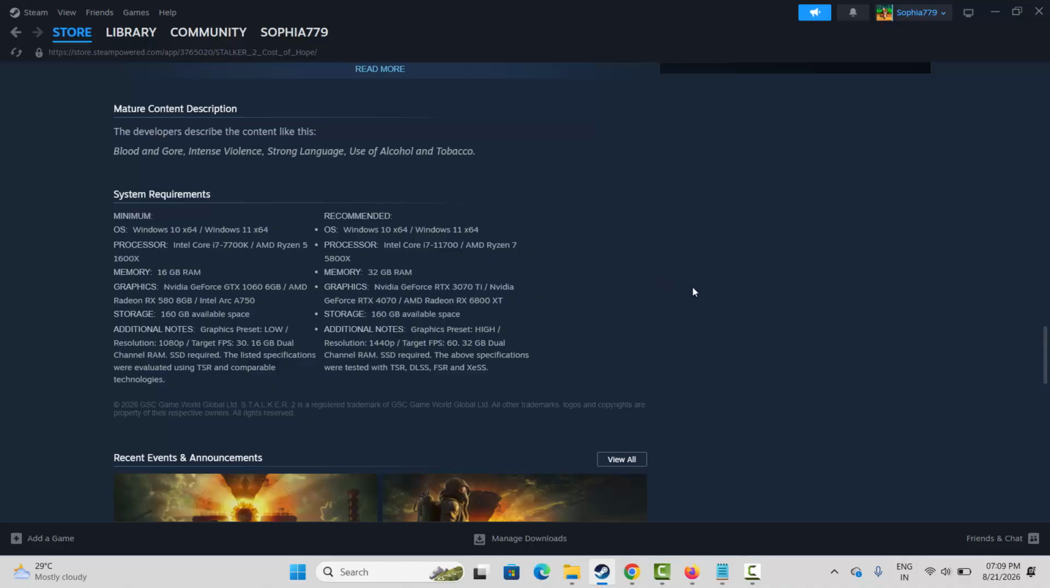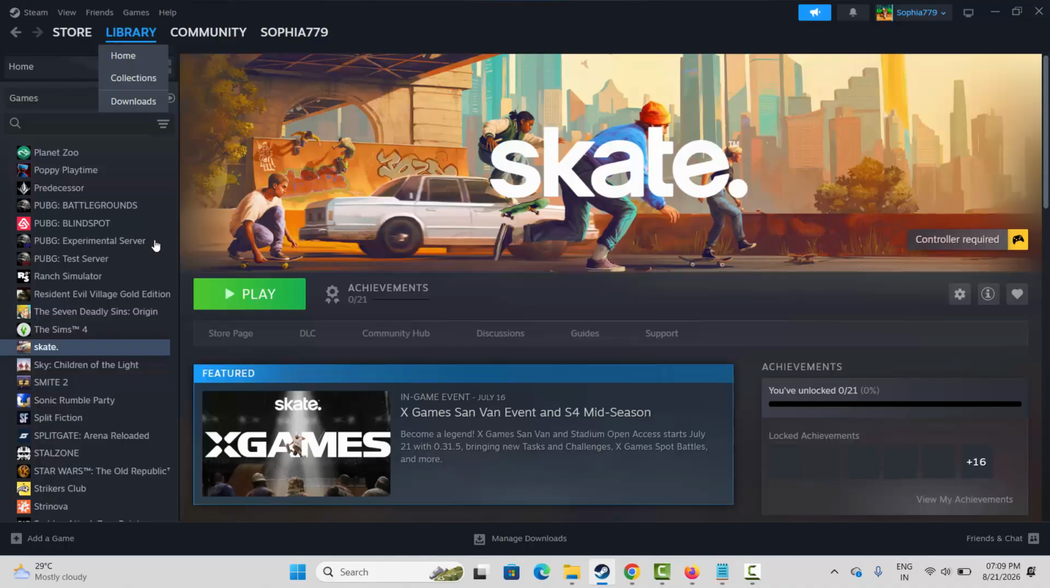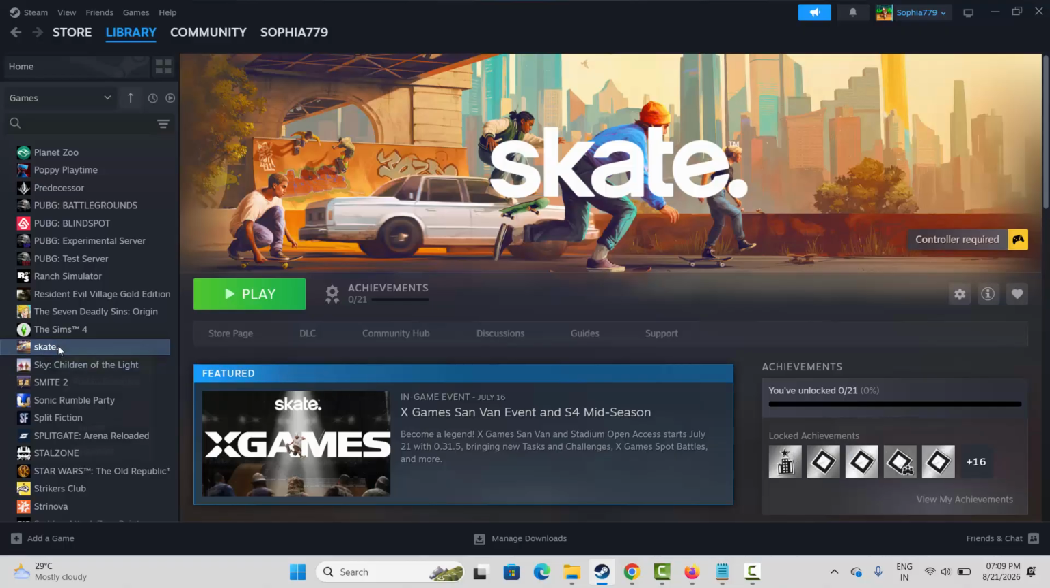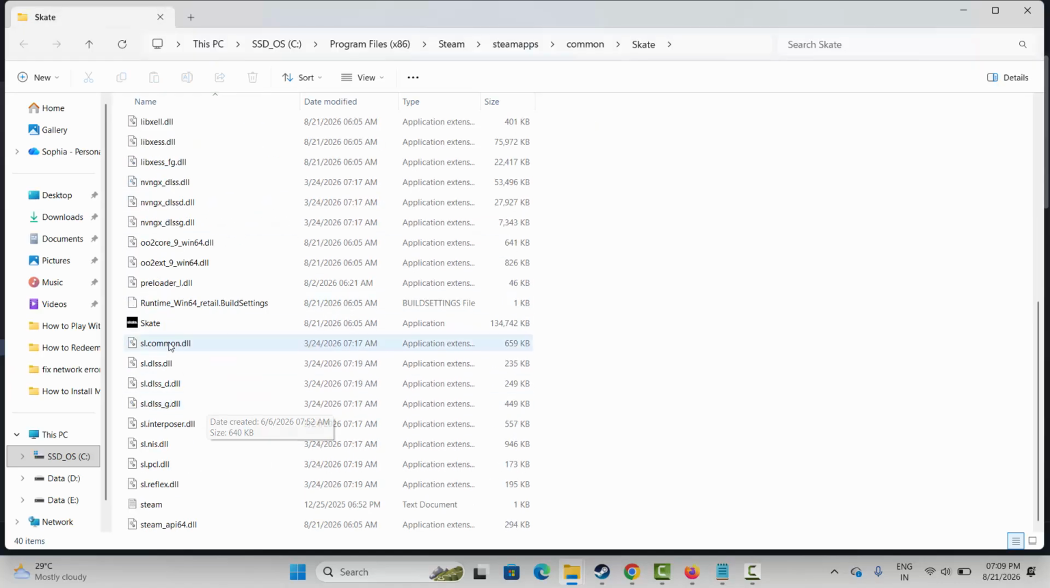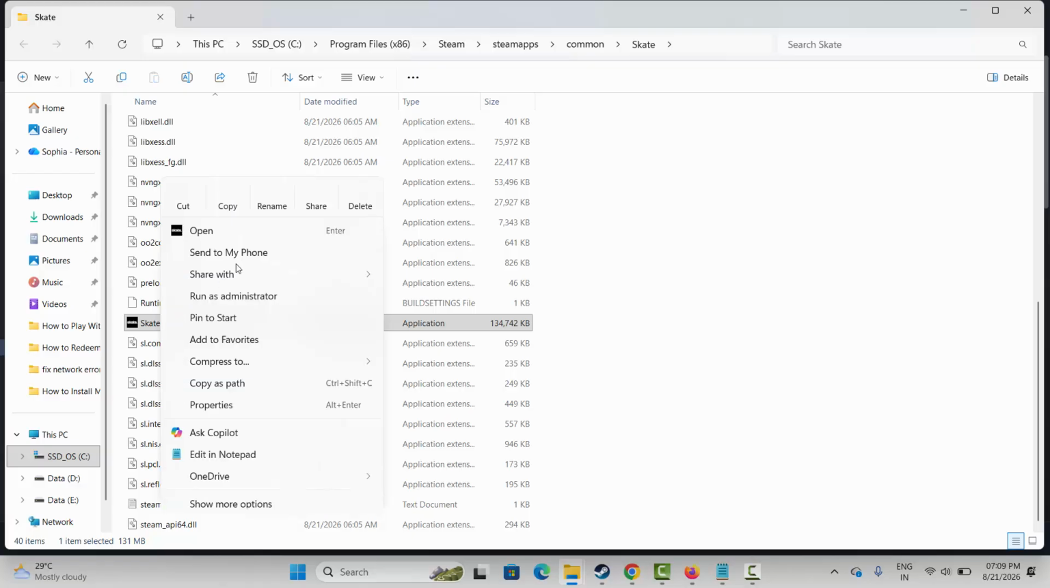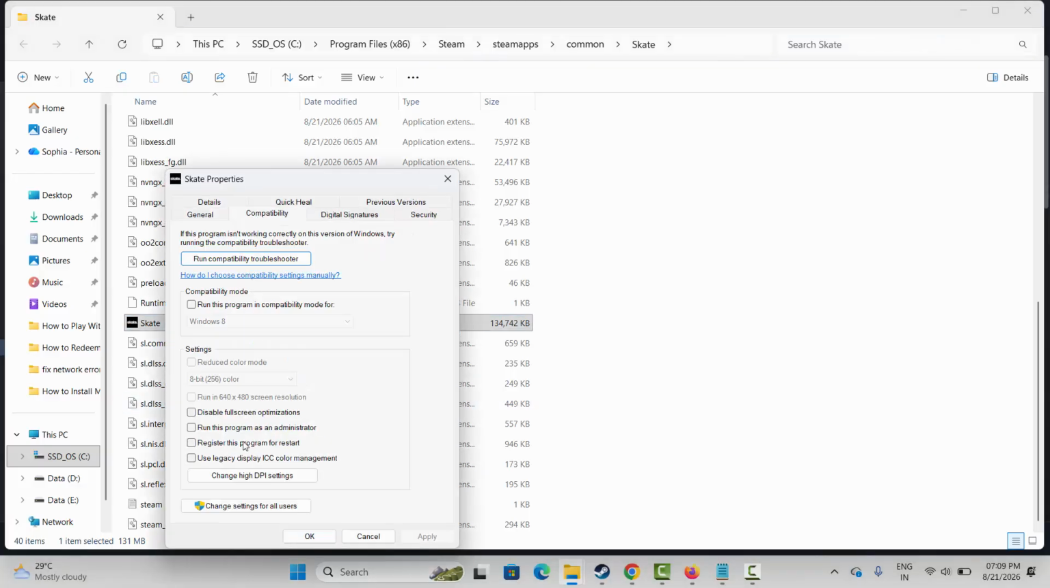Next is to run the game as administrator. So for that, go to Steam, select your game under library section. Here I am showing an example. Now right click on it, click on manage, click on browse local files. This will take you to the game folder where your game has been installed. From here you have to select the game application, right click on it, click on properties, click on compatibility, and here select run this program as an administrator, click on apply and OK, and after that launch the game and